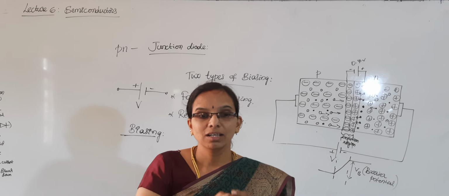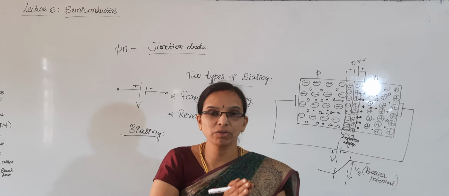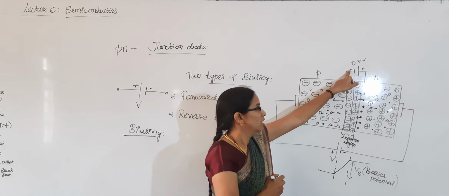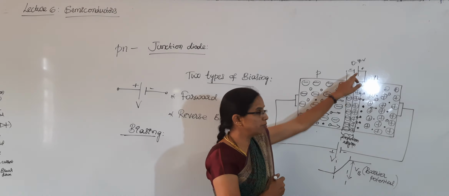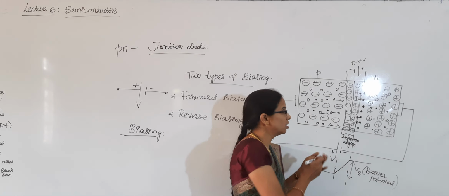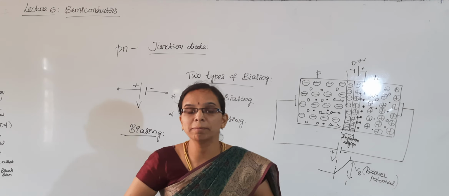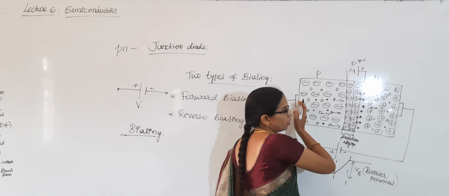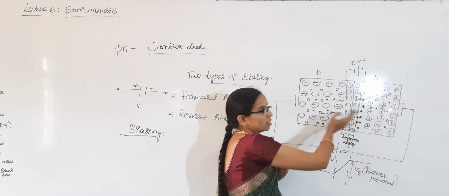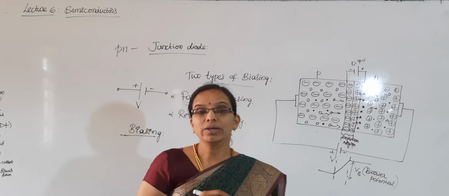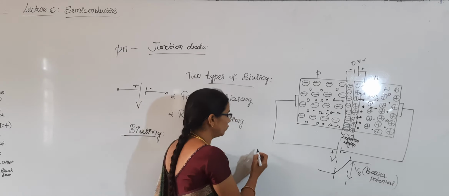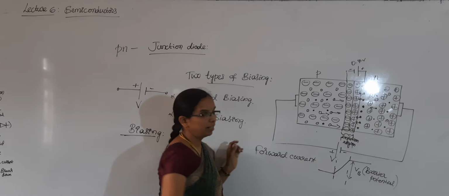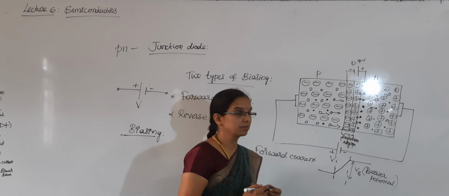In the same way, the potential barrier is 0.7 volt. If you apply 1 volt or 2 volts, what happens? If the applied voltage crosses this potential barrier, these free electrons and holes cross the junction and start recombining with each other. So obviously more electrons and holes move across the junction, and you can expect a current over there, that is called forward current. You can expect current when the diode is forward biased.